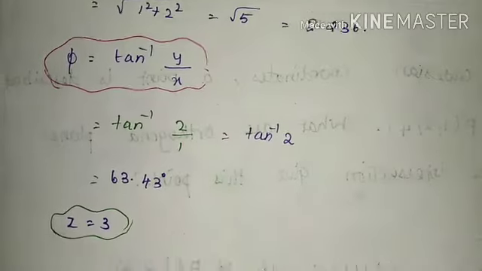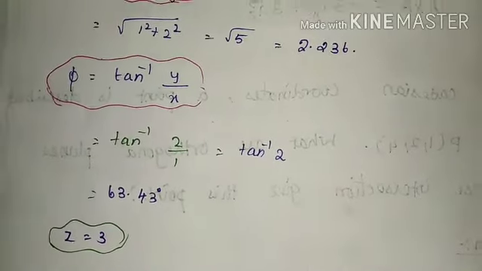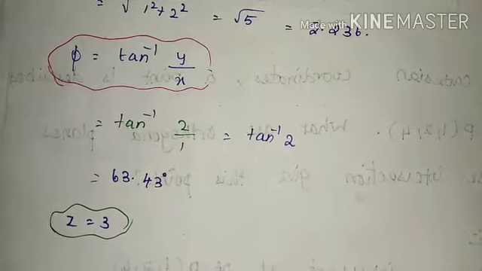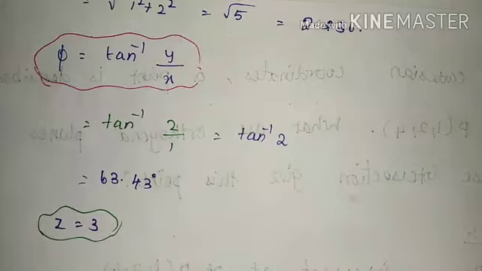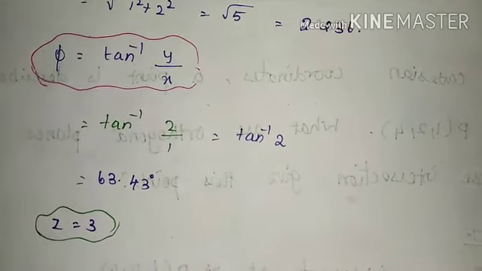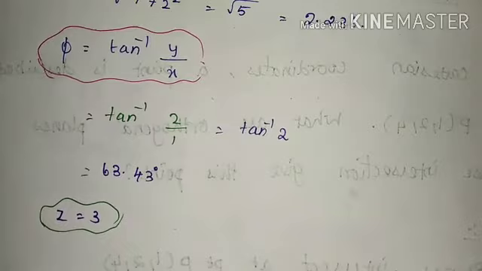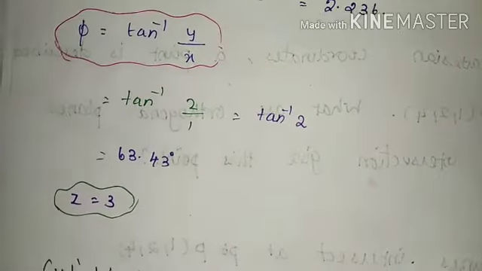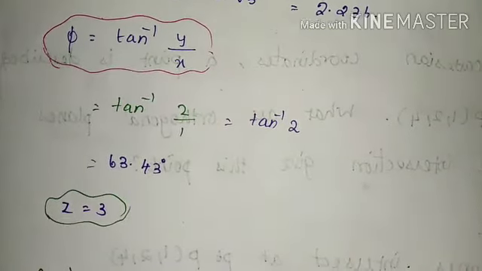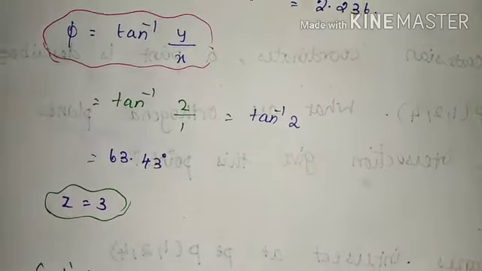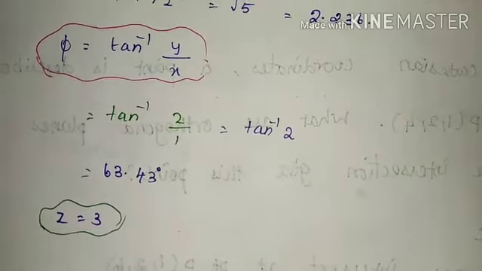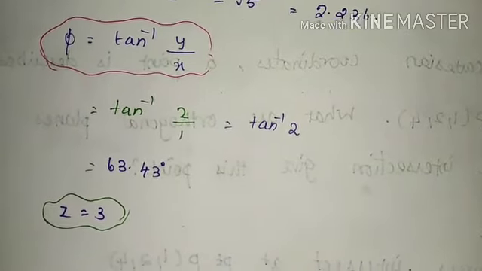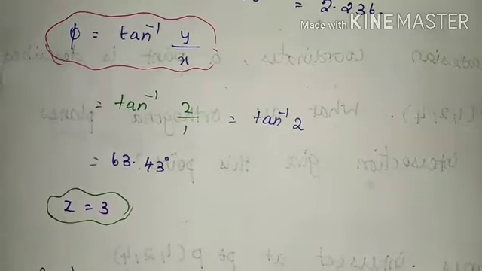Then the angle of rotation of a cylinder, that is phi, is equal to tan inverse of y by x. So y value is 2, x value is 1. So tan inverse of 2 gives us the angle of 63.43 degrees. Surely they will mention the angle, else they won't ask this kind of question, right? We can't find the tan inverse of 2 on our own. So 63.43 degrees is the angle of rotation of the cylinder. And Z is equal to 3. This is already given in the question from the Cartesian coordinate system.